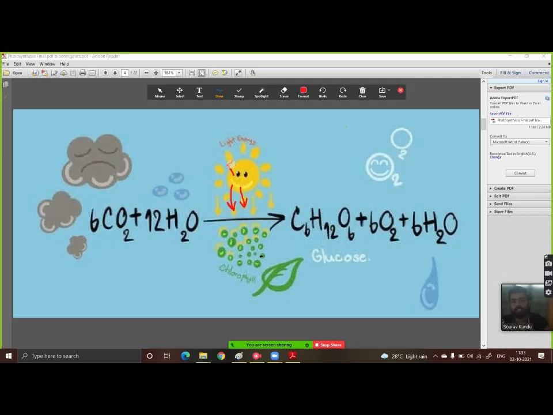So this solar energy has energy in the form of h nu, where h is Planck's constant and nu is the frequency of that particular wave. We know that as the frequency increases, the energy also increases, and frequency is inversely proportional to wavelength. The one with the larger wavelength has less energy, and the one with the higher frequency has more energy.